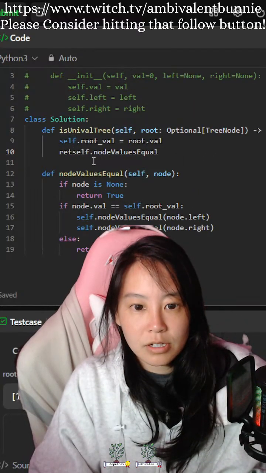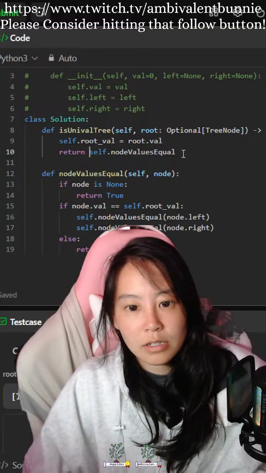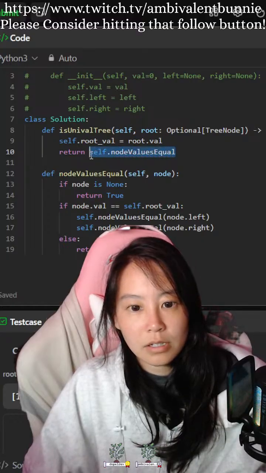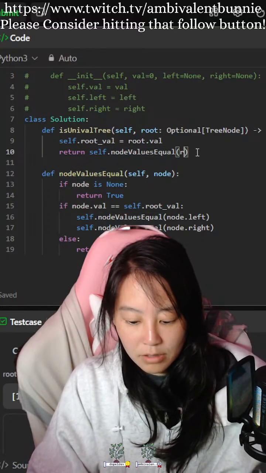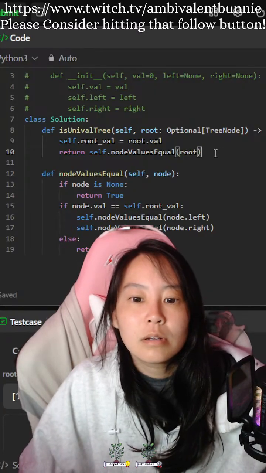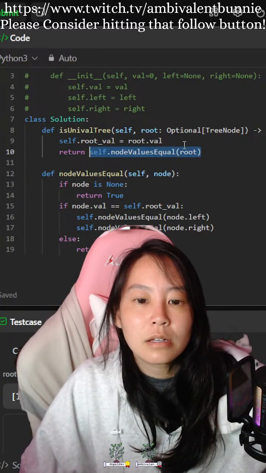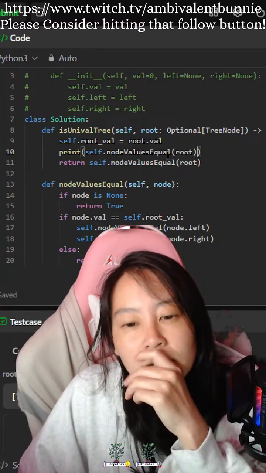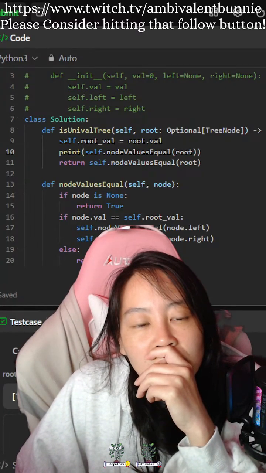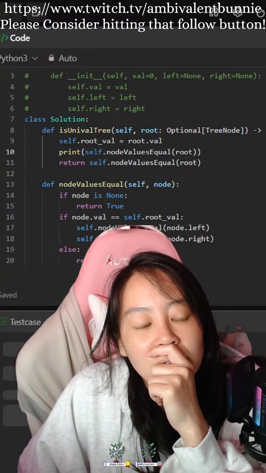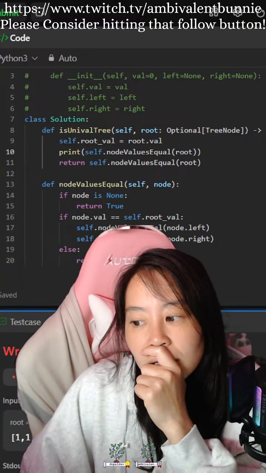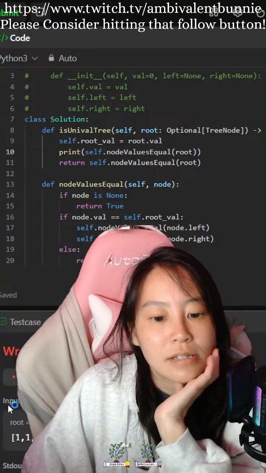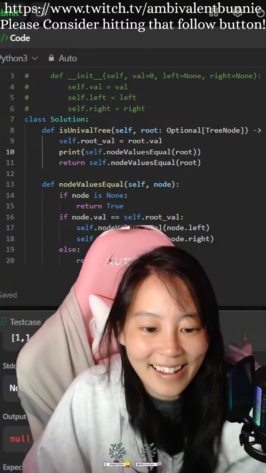So return root. But I want to see something. Okay, so wrong answer. Yeah.